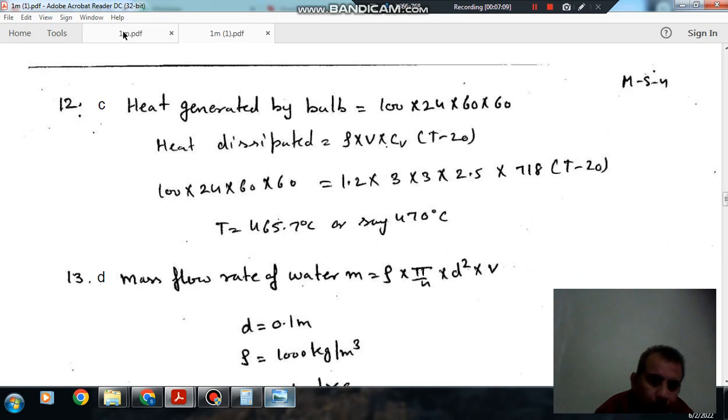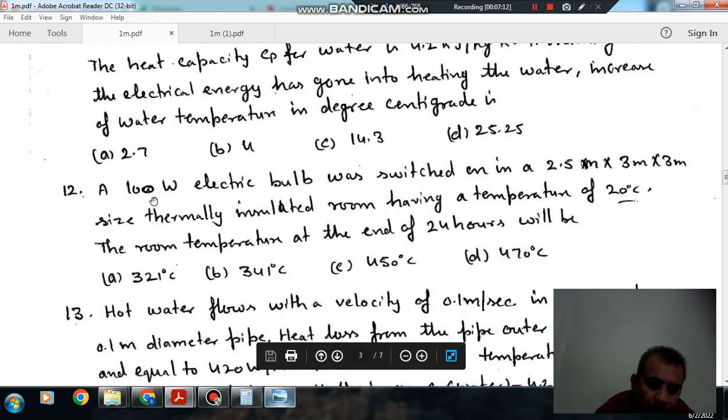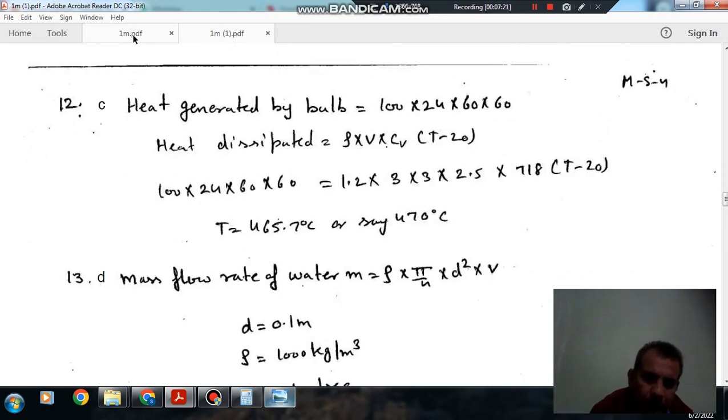Here the watt of the bulb, the power of the bulb, is 100 watt. It means it is supplying 100 joules of heat in 1 second. So in 24 hours it will supply 100 into 24 into 60 into 60 the amount of heat. As the room is insulated, it will heat the room, and we can assume a constant volume process, because